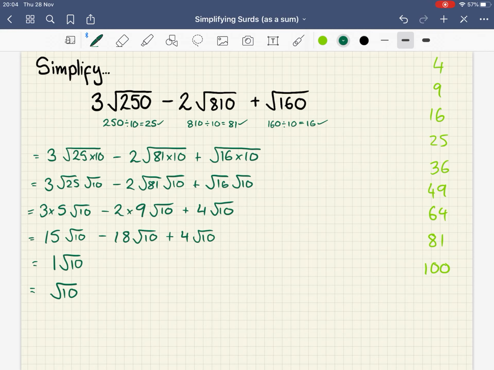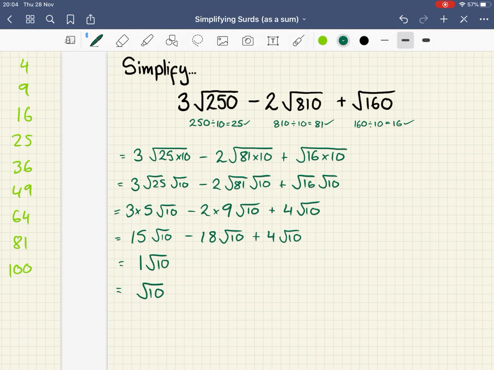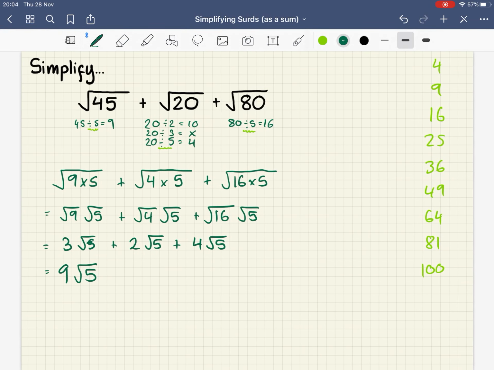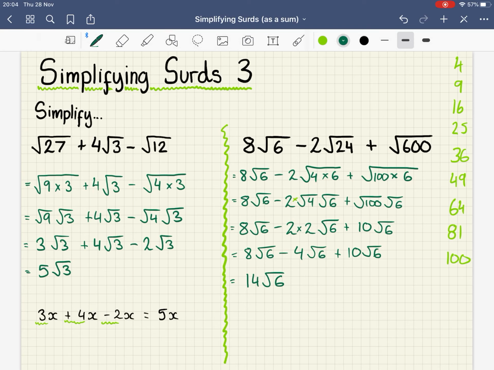So I hope that helped when it comes to these surds. Just work through it slowly but surely. And again, if you're unsure, just look at the smallest one. That will always help guide you towards